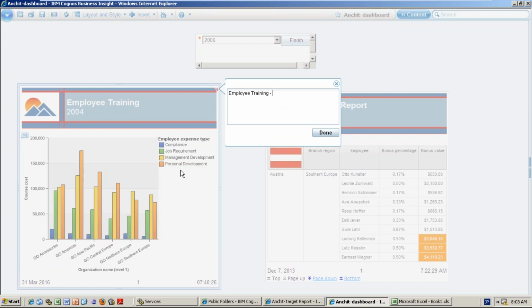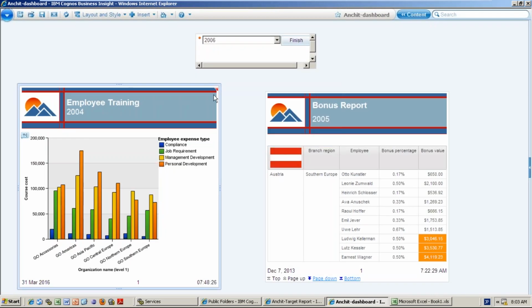So you write it, for the compliance, less course cost, can we increase it? Something like that, one of the users wrote. Done. So if any of the users is seeing next time, then they can see the comment like this here.